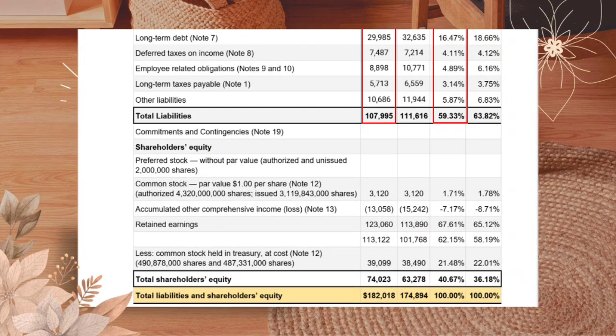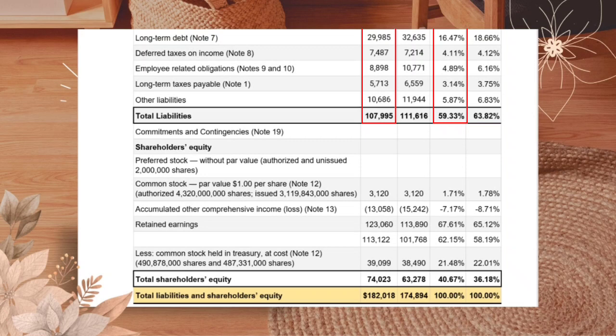First is long-term debt. For 2021, we have here 29,985 divided by the total asset of 182,018 multiplied by 100. The result will be 16.47% rounded off to two decimal places. For deferred tax on income, we have here 7,487 divided by 182,018 multiplied by 100. The result will be